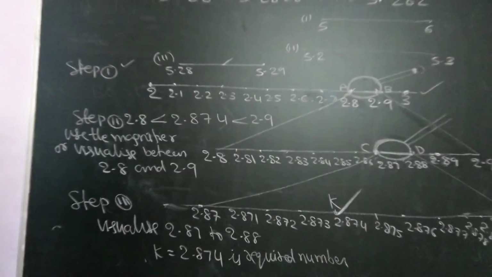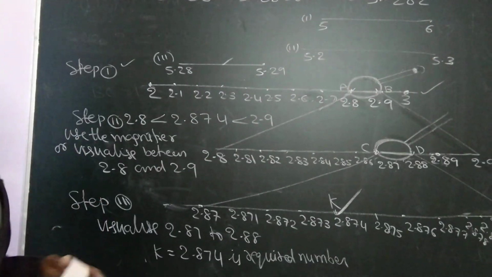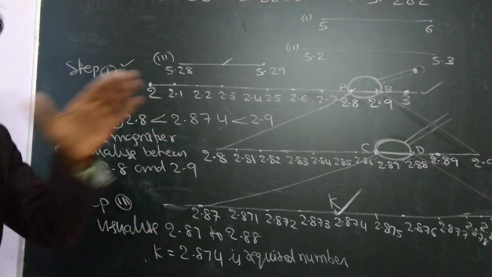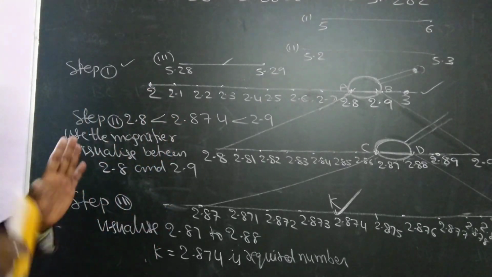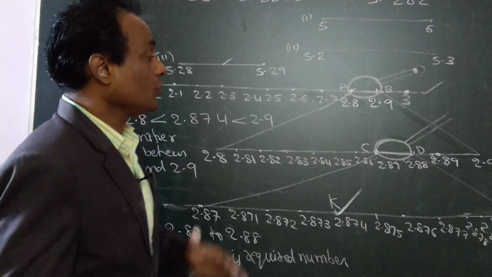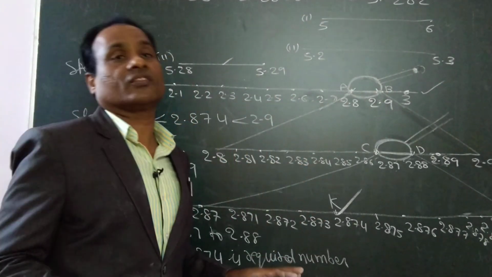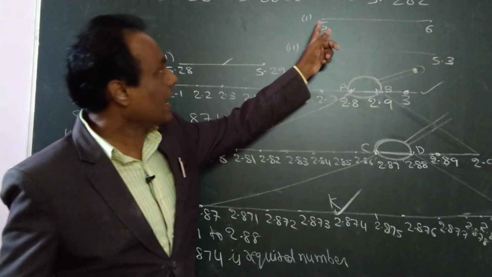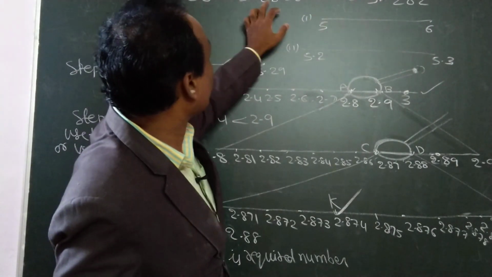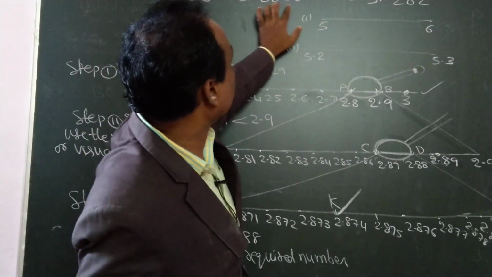You try neatly. Tomorrow I will again solve it. You can check it. Compulsory you have to try, because these difficult problems, if you only see and listen, you won't get the idea. If you do it, then only you will understand. Compulsory you do it. I gave the hint. So 28 bar means 2828 repeats. Only 3 digits we should take.